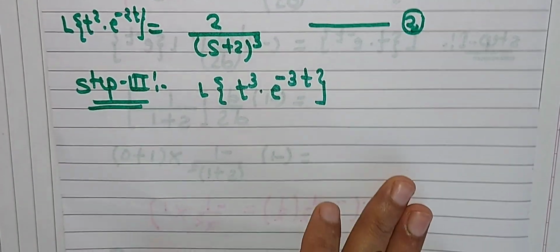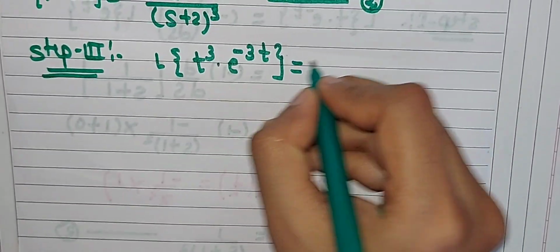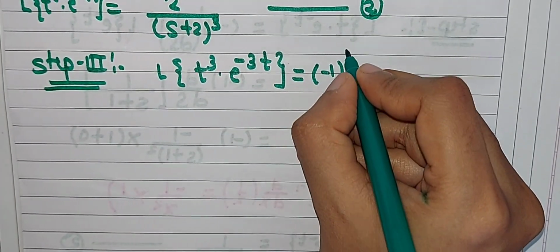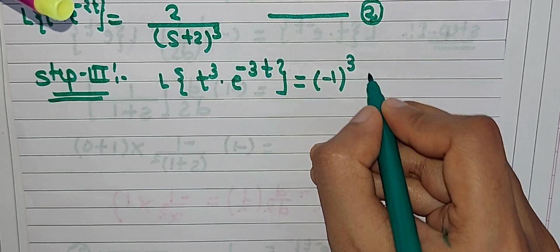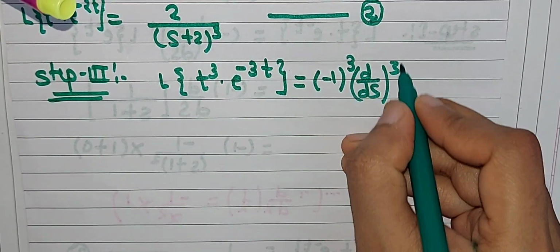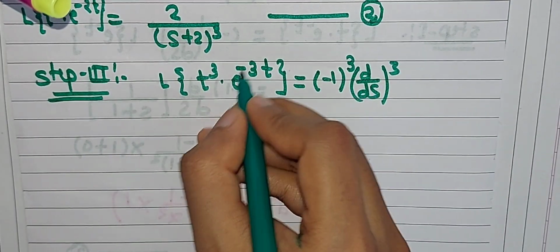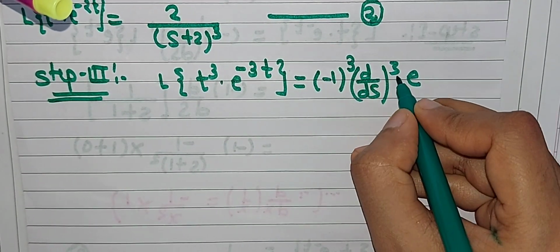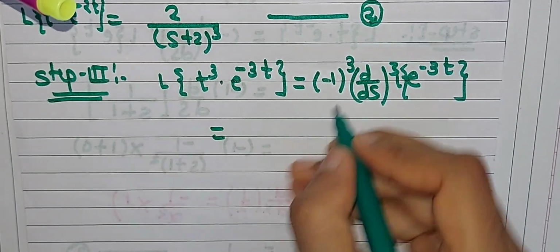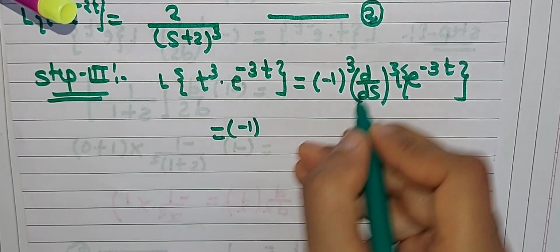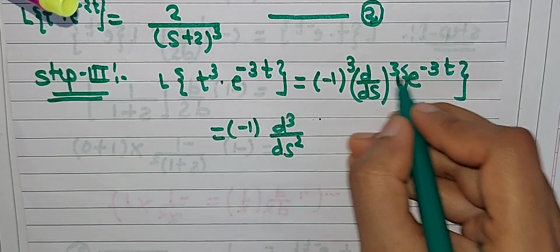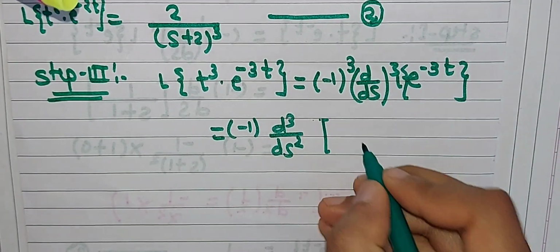Okay, so for that purpose just use its formula, that is take minus 1 as it is. Here t has a power 3, therefore minus 1 will contain power 3. Again d by ds has a power 3 because t has a power 3, and Laplace applies on the second term, that is Laplace of e raised to minus 3t. Next, minus 1 raised to 3, d by ds raised to 3, into Laplace of this term, that is with the help of standard formula